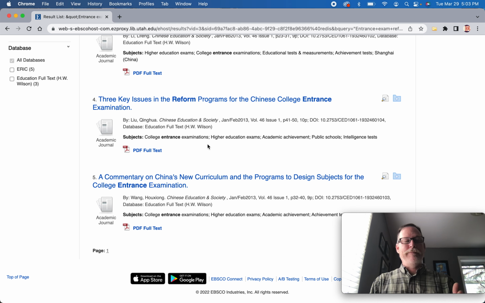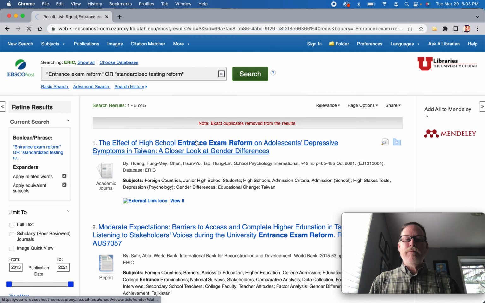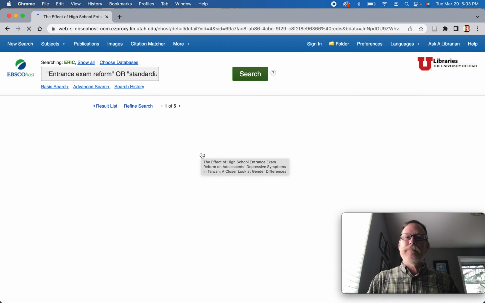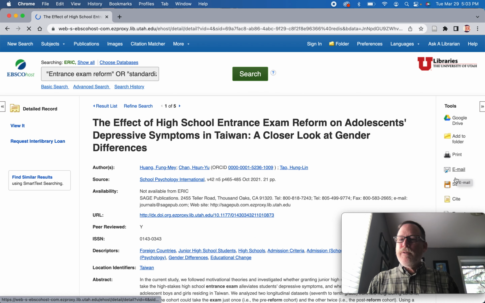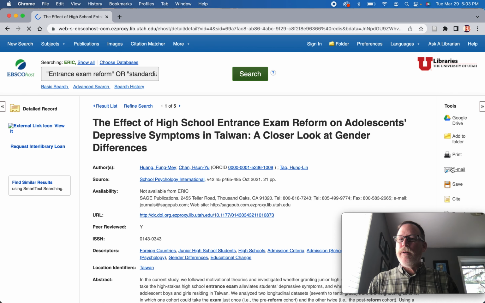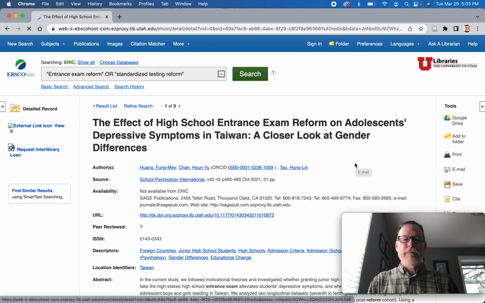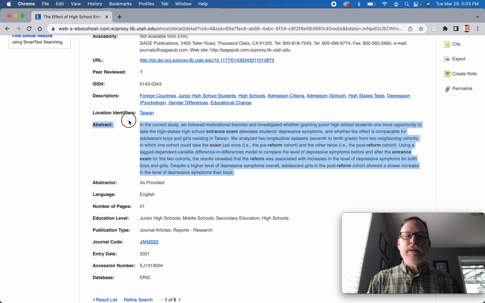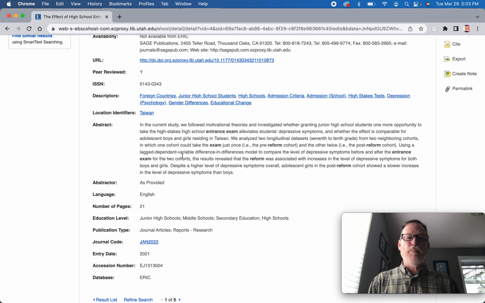Okay. On these also, when you click on these, there's a citation generator too. It's close, it's not perfect. But if you go over to the side here, there's a citation generator and you can email yourself the article. When you're going through the articles, if you look at the titles and save like 6 of them, then after you've saved those 6 that you think look pretty good, then go in and just read the abstract. And if you understand it and go, oh yeah, this is interesting, and you can grab a single point out